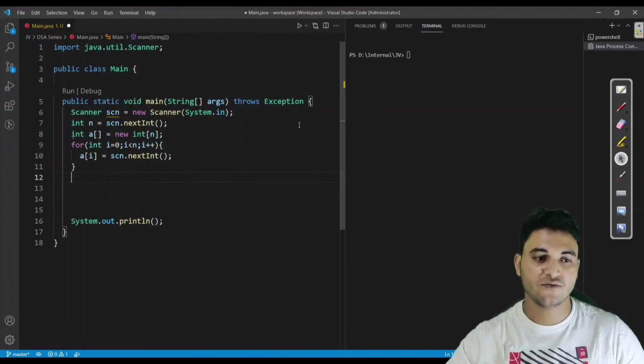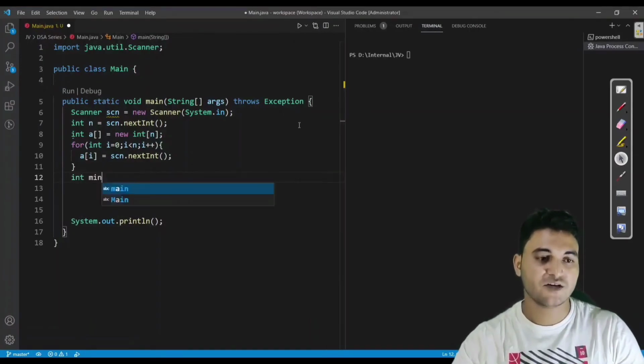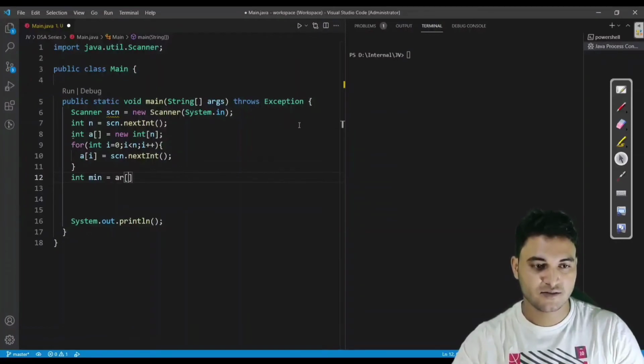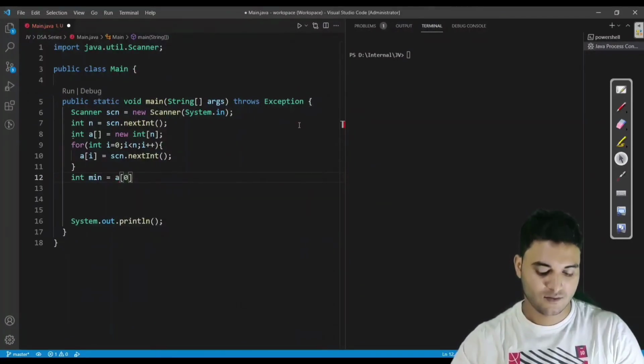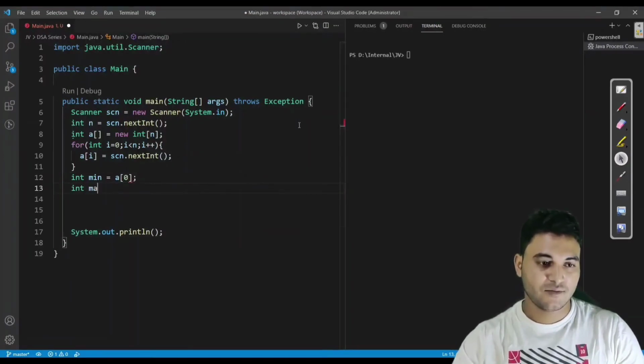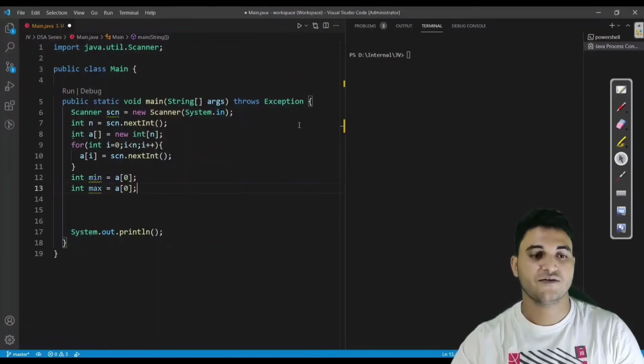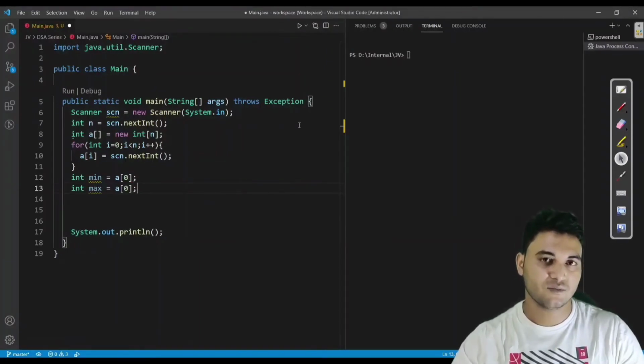Now we have to search for the minimum and maximum. So I am defining two variables, minimum as a of 0 and maximum as a of 0 also, because I have initialized both minimum and maximum with the initial value of the array.